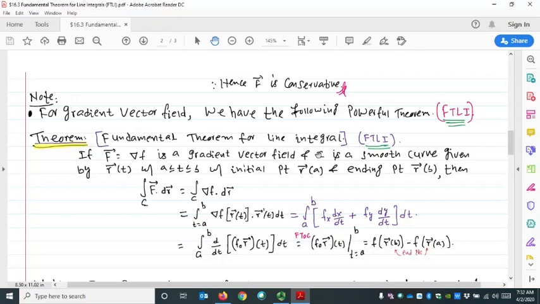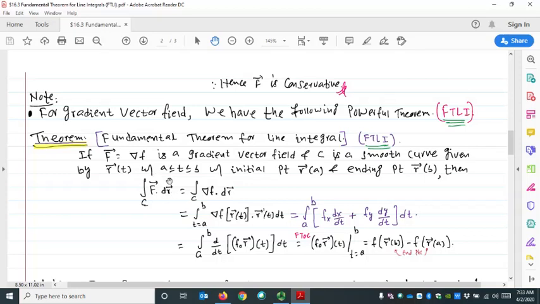Now we have another important theorem, one of the big theorems in vector calculus. For the gradient vector field, we have the following powerful theorem. We call it FTLI, the fundamental theorem for line integrals. So it says, if f is a gradient vector field, and c is a smooth curve given by the equation R of t, where t lies between a and b, with initial point R of a and ending point R of b, then the line integral of f over c,